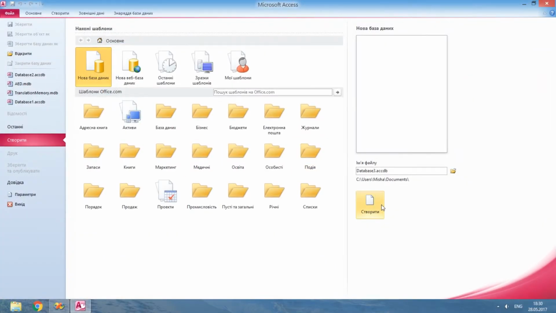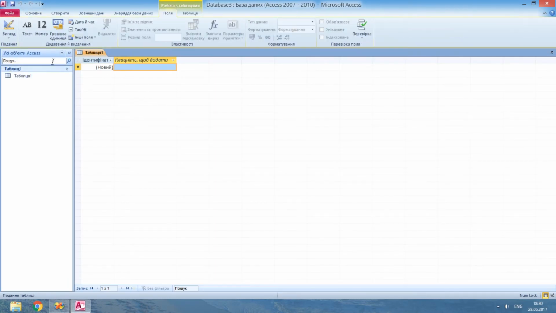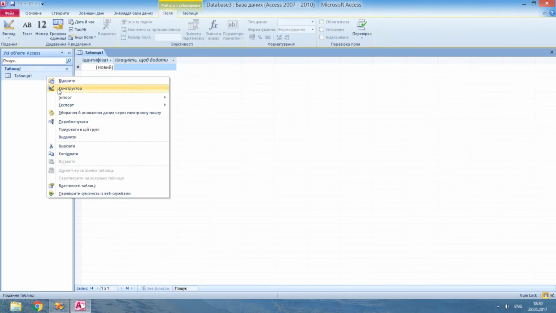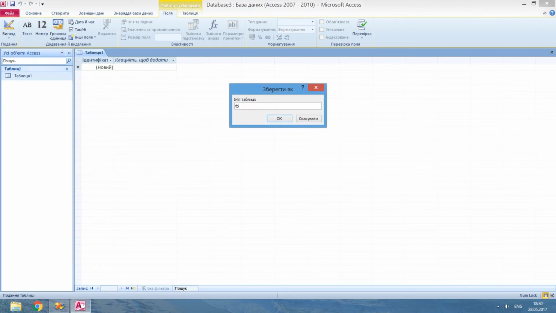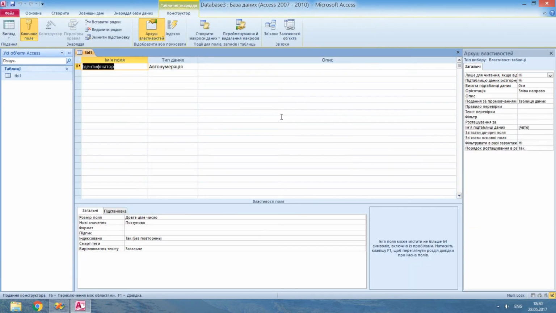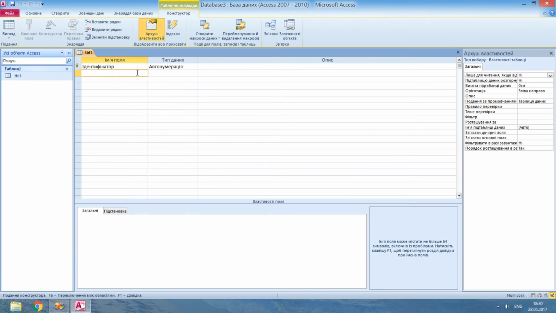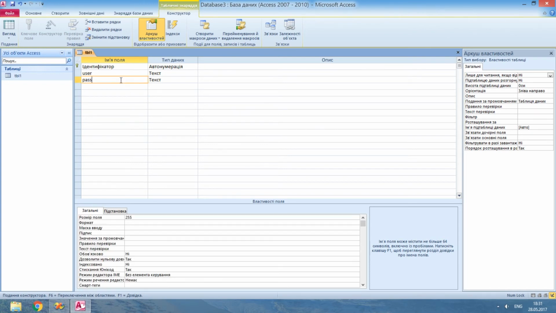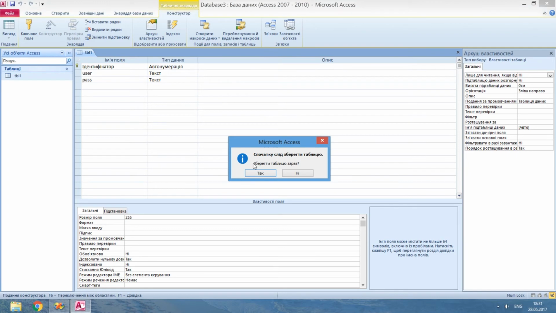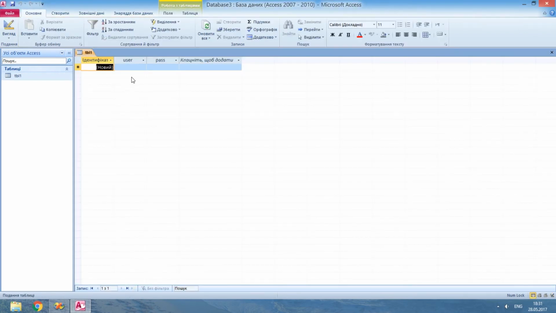We will create a new database with columns for usernames and passwords. Again, I'll need only 2 samples.